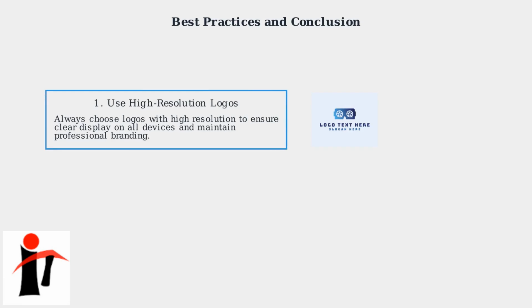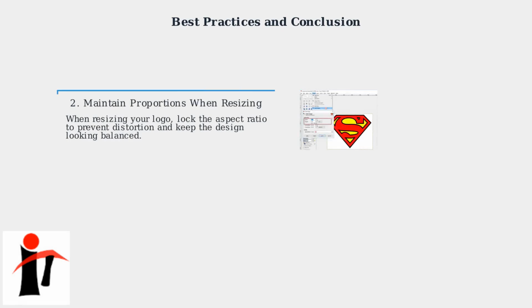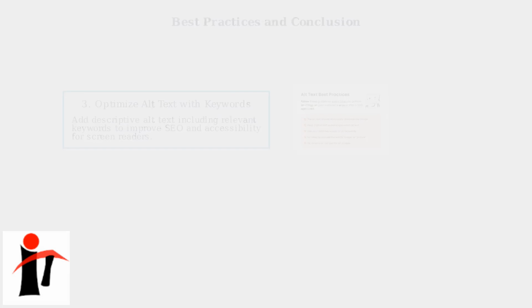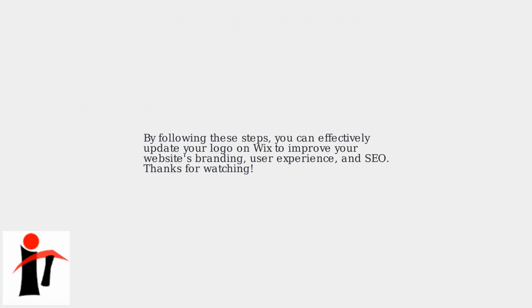To summarize the best practices for updating your logo on Wix. First, always use high-resolution logos to ensure sharp, professional display across all devices. Second, maintain proportions when resizing to avoid distortion and keep your logo looking balanced. Third, optimize your alt text with relevant keywords to boost SEO and ensure accessibility. By following these best practices, you can effectively update your logo on Wix to improve your website's branding, user experience,